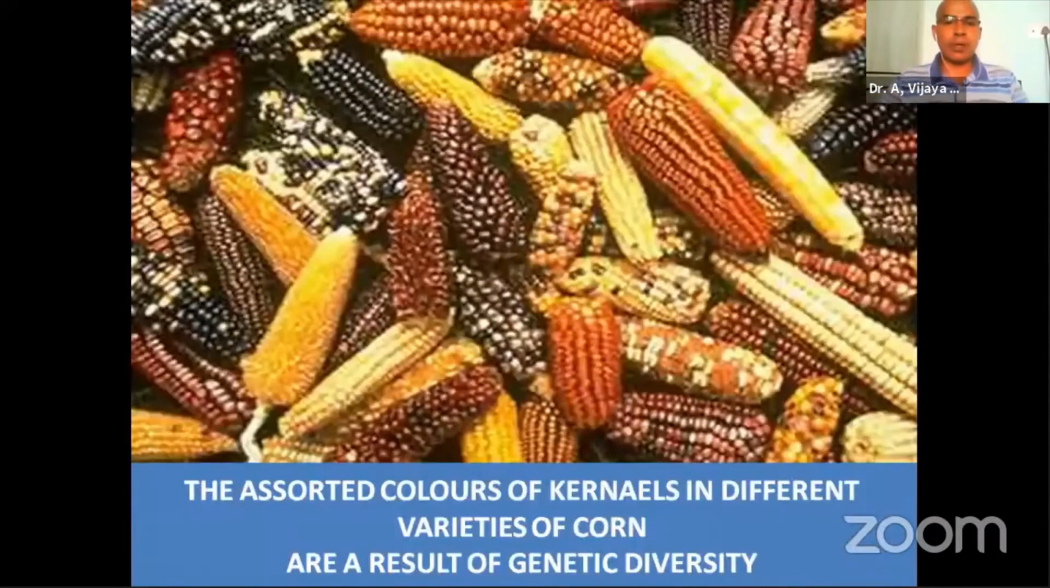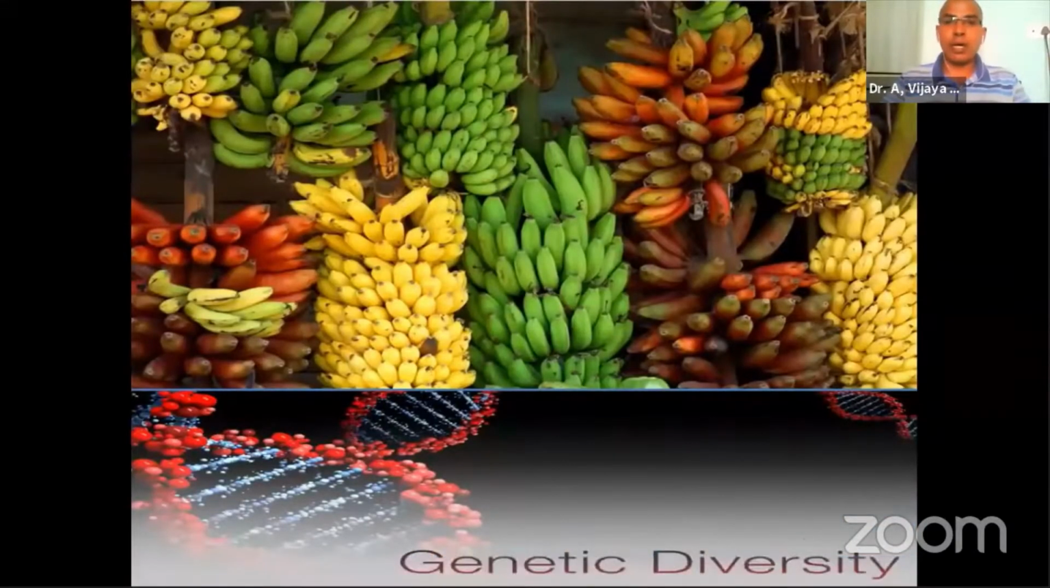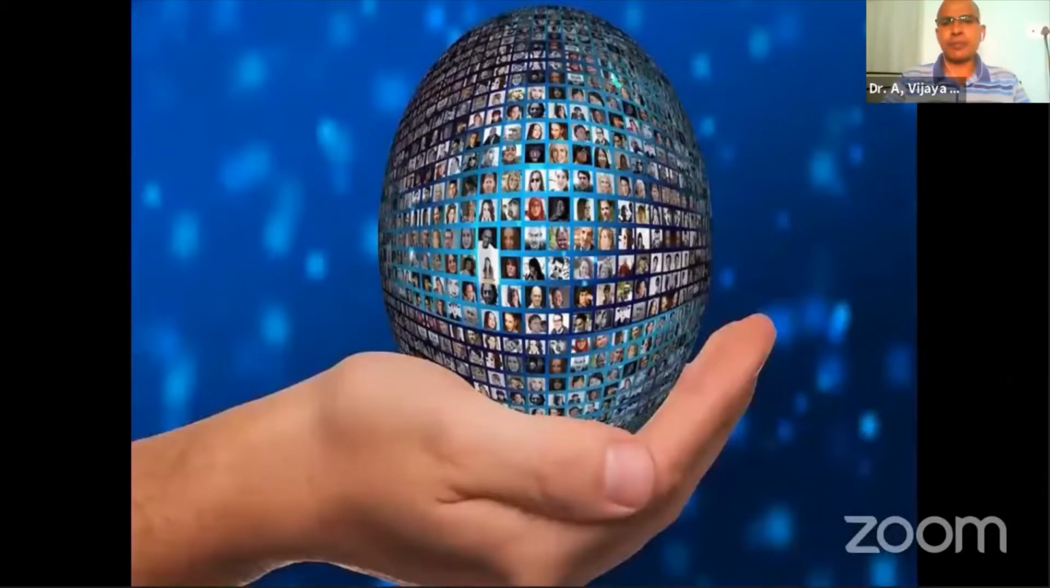So you can see here the number of colors of kernels. It's all because of the changes at the genes, and these are various banana colors. That's again with the change of genes. And human beings: region-wise, nation-wise, continent-wise, you can see a number of variations among human beings. This is all because of the genetic